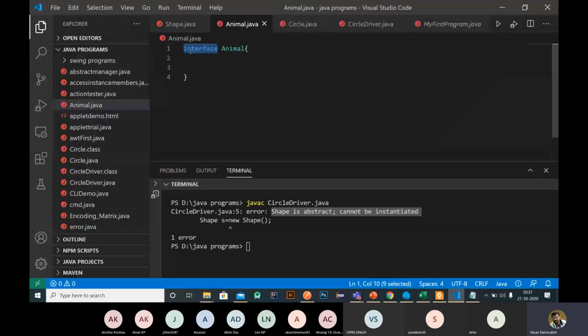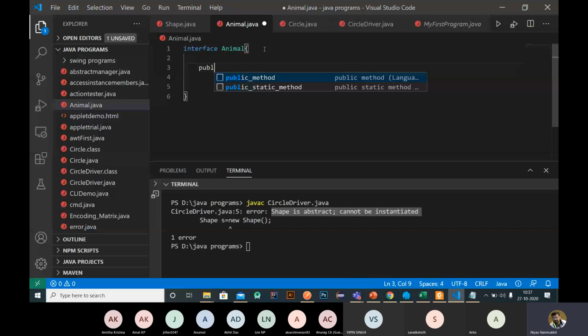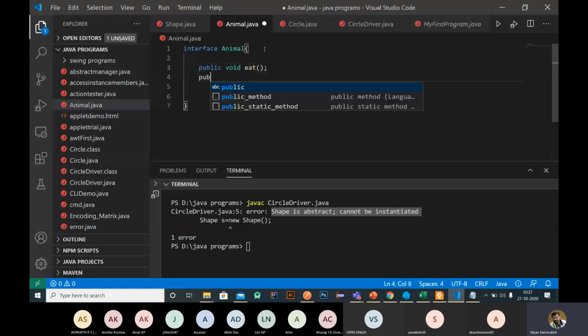Inside an interface, we can create any kind of methods, and we have no need to use the abstract keyword because all the methods inside an interface are abstract by default. So I just create a method like eat, and another method, public void sleep.